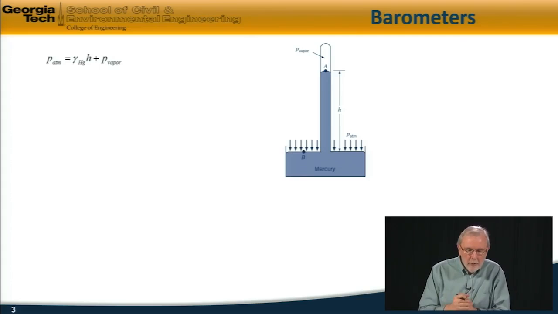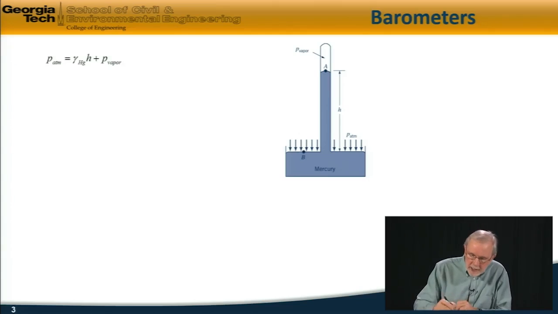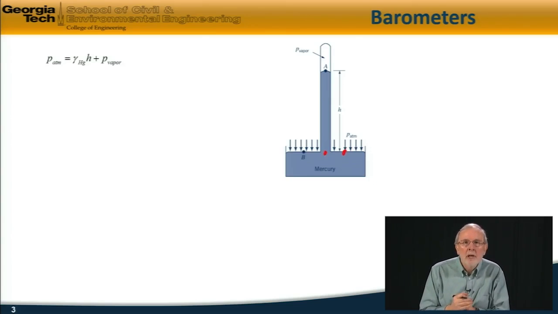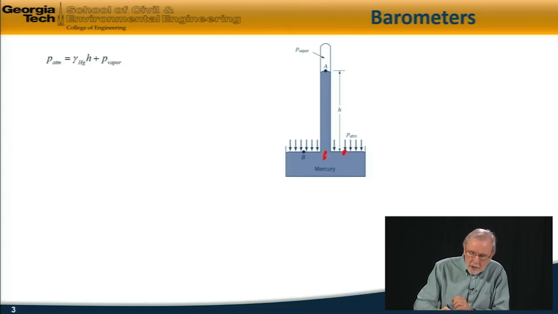So a mercury barometer is shown here, and we can relate the height of the mercury column to atmospheric pressure by applying hydrostatics. So, for example, the pressure at those 2 points is the same because the horizontal level is the same, and remember the pressure on any horizontal plane is constant. So therefore, the pressure at this point is the same as the pressure here, which is atmospheric pressure, and the